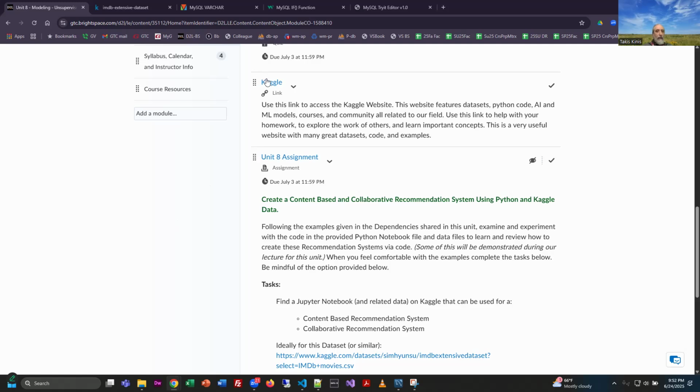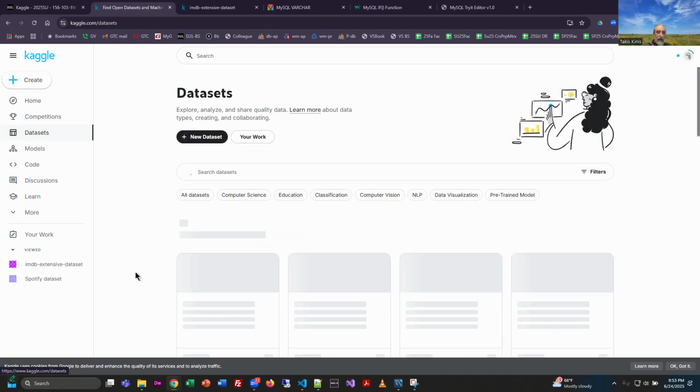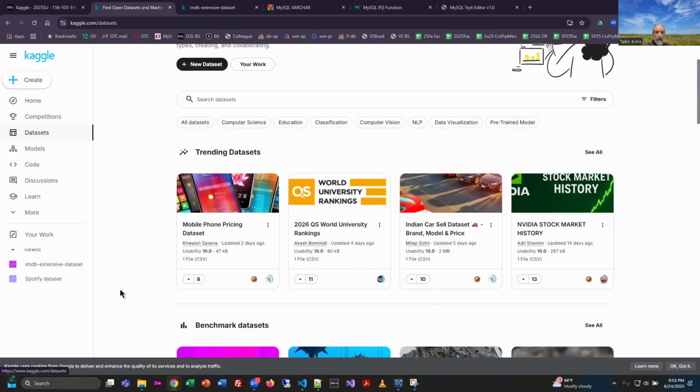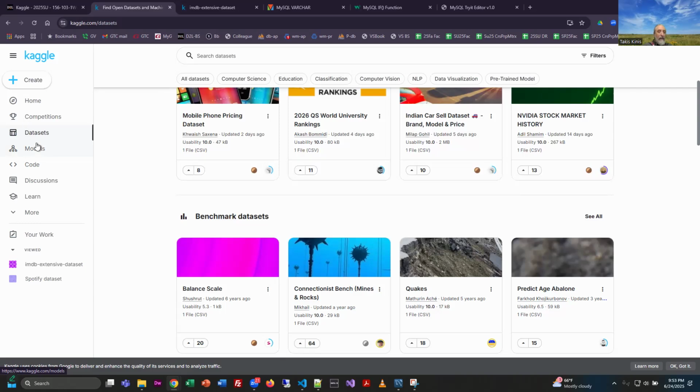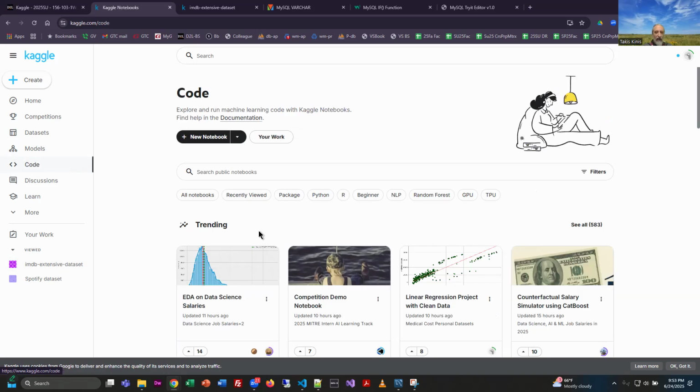For those of you that haven't really explored Kaggle a lot, I'm going to really implore that if you haven't spent a lot of time here, that you start to change your mindset. They have a lot of really neat data sets about all sorts of really weird stuff, that people keep data on and then share just for whatever. They also have models, and I want you to be really clear on this. These are AI models, usually large language models that you can borrow from. Some of the ones that are big and hot, and folks, these are open source. If you have the computing power to run them, you could run them or look at them at the very least. People also share code,